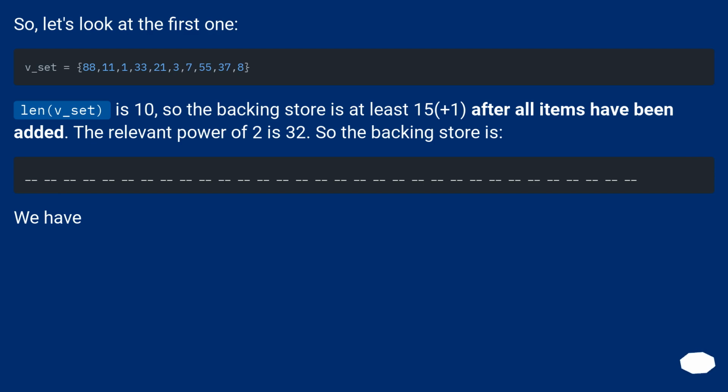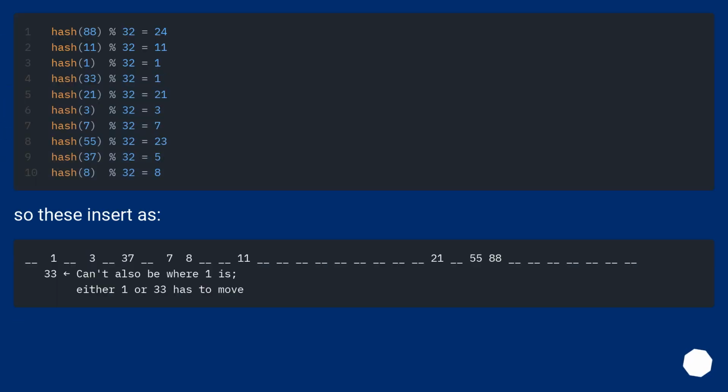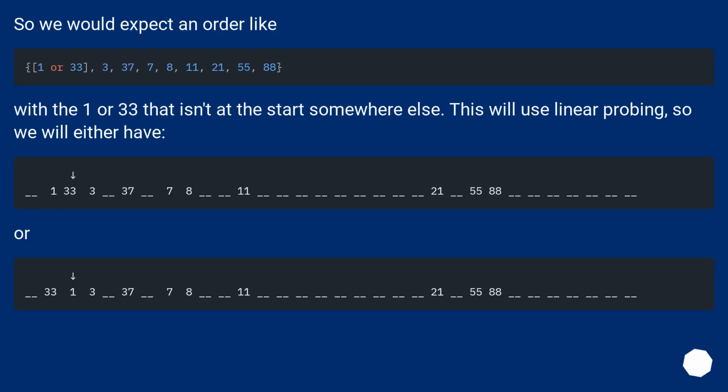So the backing store is, we have, so these insert as, so we would expect an order like, with the 1 or 33 that isn't at the start somewhere else.